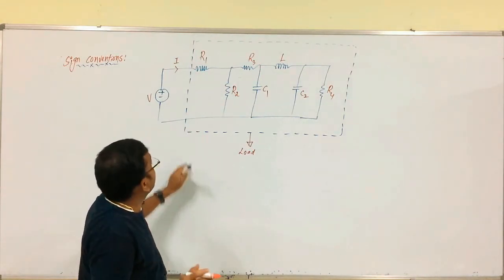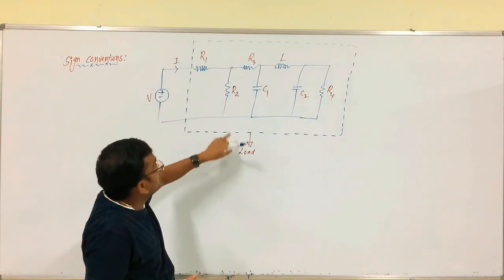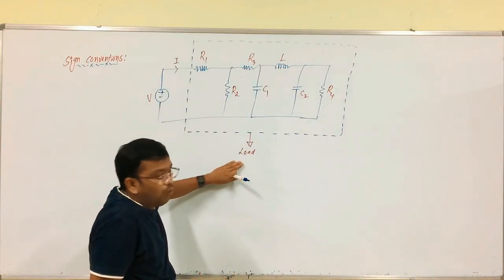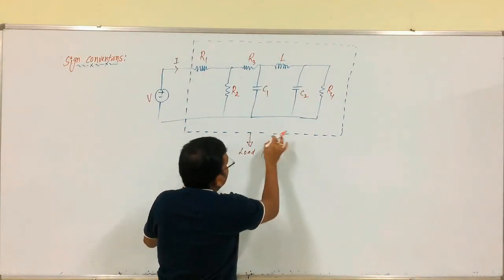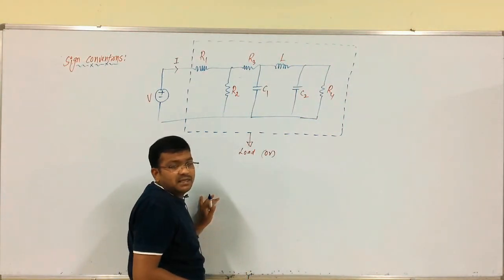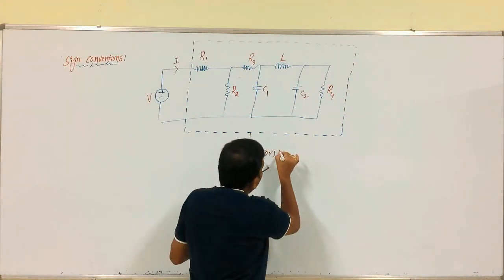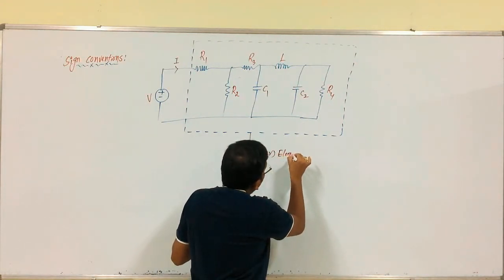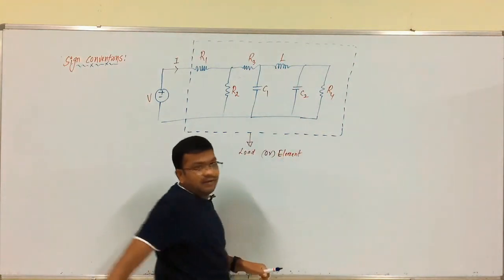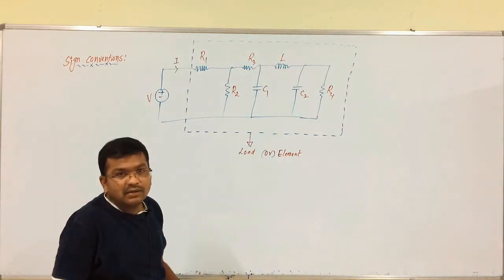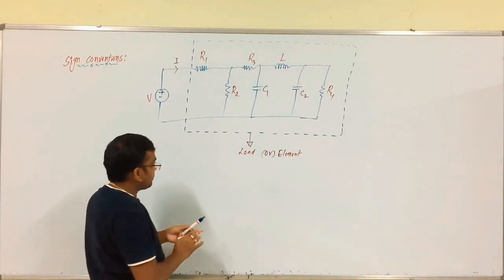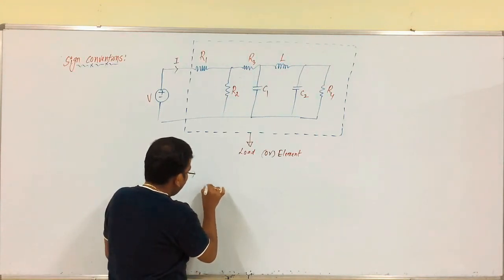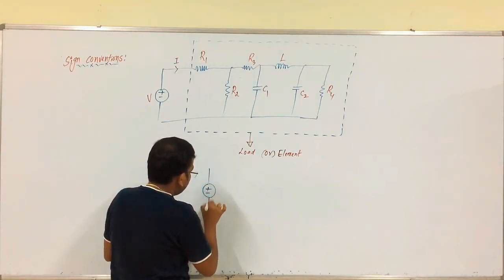So, with respect to this convention, this could be assumed as a load, or this total block is a combination of different types of elements. It could be a simple element. So, based upon this observation, the circuit could be modified as